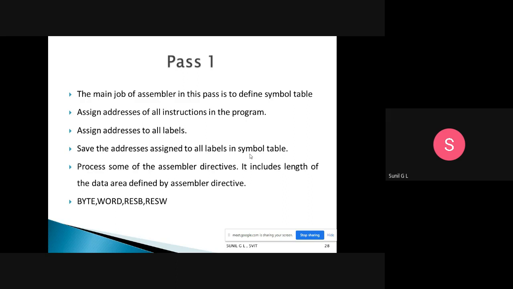These three things are done in pass one. If they ask in the exam what the jobs of the pass one assembler are, simply say: it assigns labels and their addresses, instructions and their addresses, and it processes the assembler directives. Three important jobs of the pass one assembler.